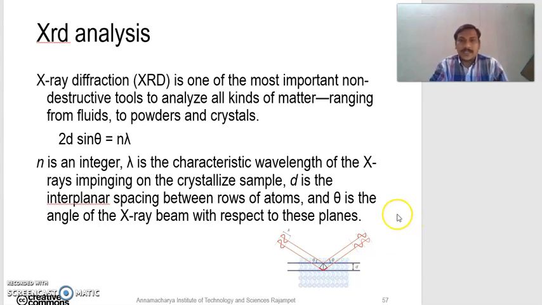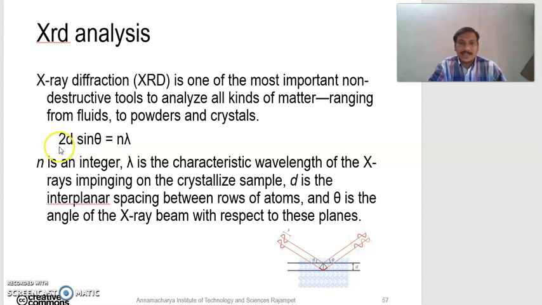Today we discuss the characterization of the materials, XRD and SEM. First we discuss the XRD analysis. X-ray diffraction is one of the most important non-destructive tools to analyze all kinds of matter, ranging from fluids to powders and crystals,